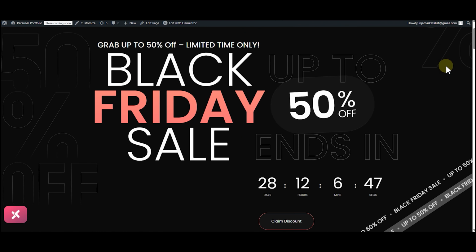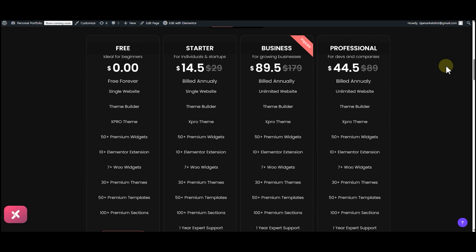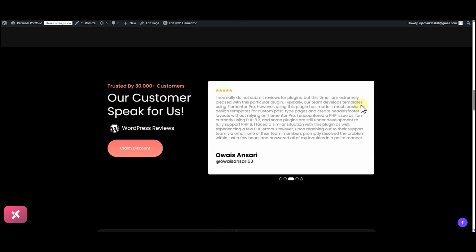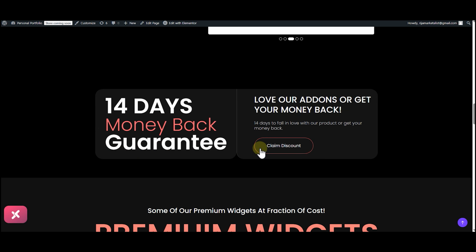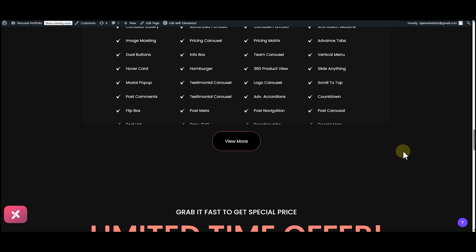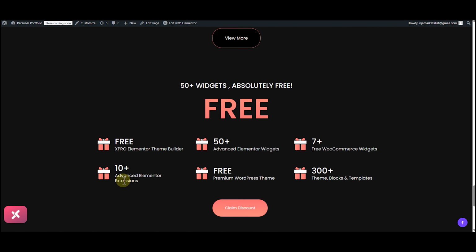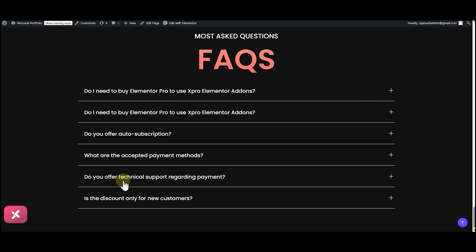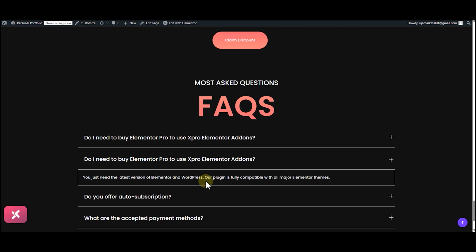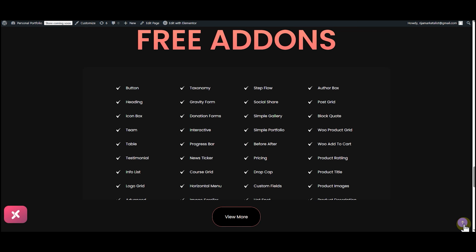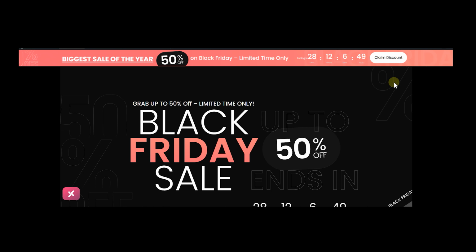So here's the page we are going to create. Clean, dark themed, focused. Visitors instantly see the massive offer and bold CTAs, everything designed to convert. And the best part, you can recreate this from scratch without wasting time on fancy clicks. So let's get started. Let's start with the announcement bar.